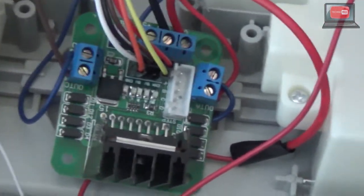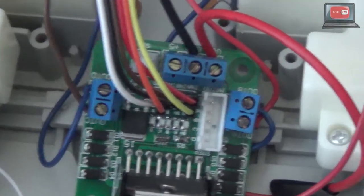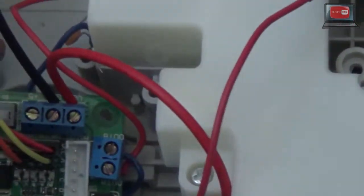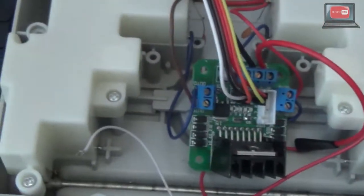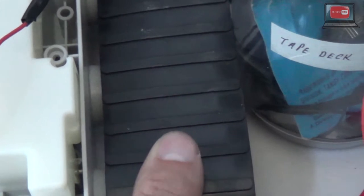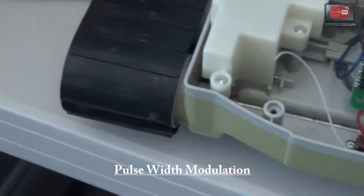Leaning in here, we've got the H-bridge, which is an L298N H-bridge sold on EasyRobot.com. We've got all these wires running from the H-bridge up into the EZB. Each one of these wires controls a channel in the H-bridge. One controls the trigger for the left motor forward, another controls the trigger for left motor backward, another wire controls right motor forward, and then another wire controls right motor backward. And then the two extra wires control the PWM, or pulse width modulation, which is essentially the